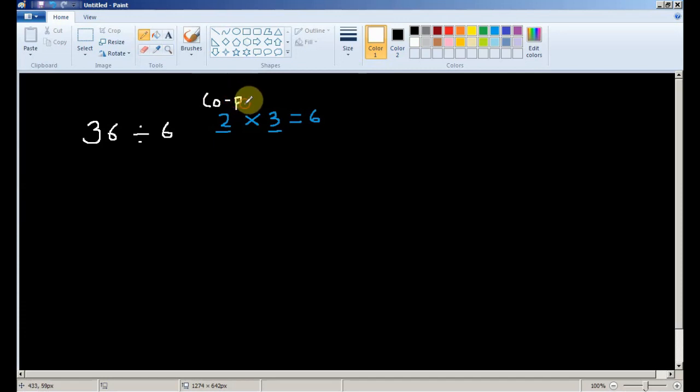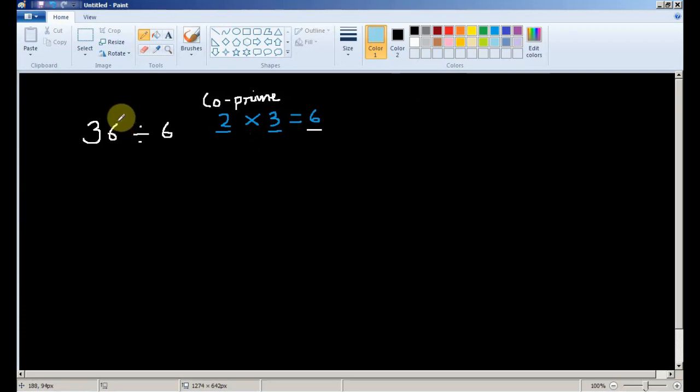This I mentioned in my previous video. Each of these numbers is a co-prime of 6. So if a number is divisible by both of them, then it is also divisible by 6, and we will verify this. So let us check it now.